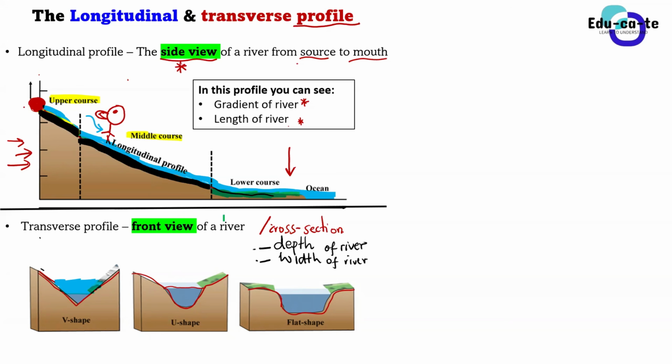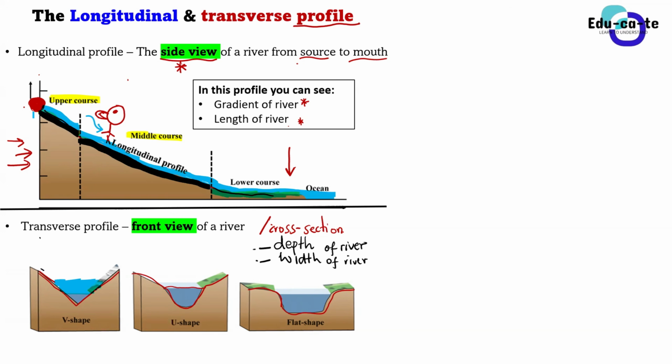Remember, guys, we said that the river starts at a higher ground, or at a higher elevation. It starts at a top place, and the water flows down from that place, creating a river. So the upper course is the upper region where the river is flowing closer to the source, when the river is just flowing from the catchment area. So we need to know the characteristics of each and every course. When we say that our river is in its upper course, what is happening to the river? What are the flow characteristics of the river?